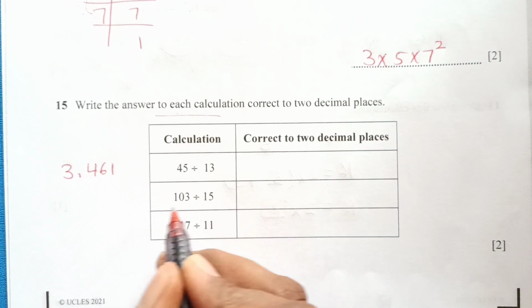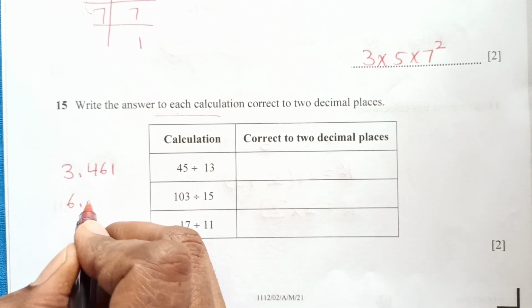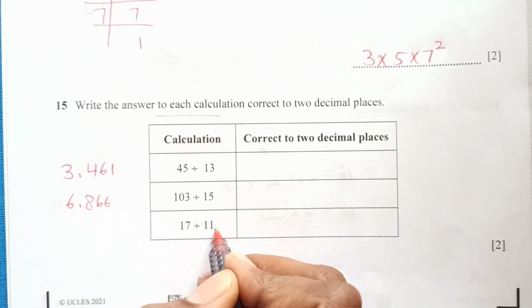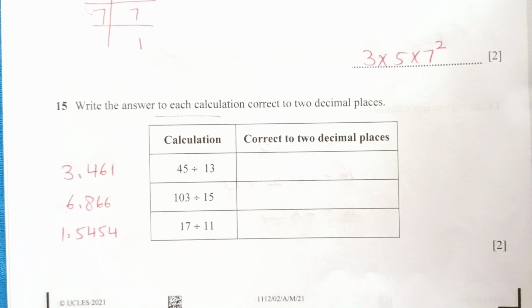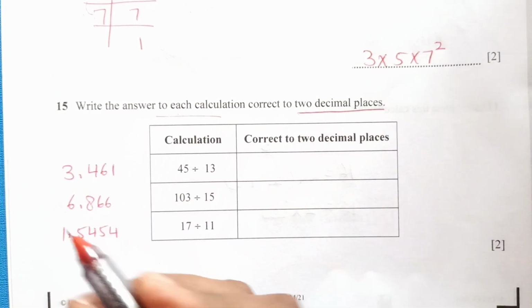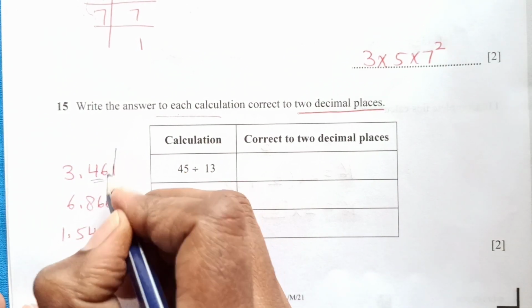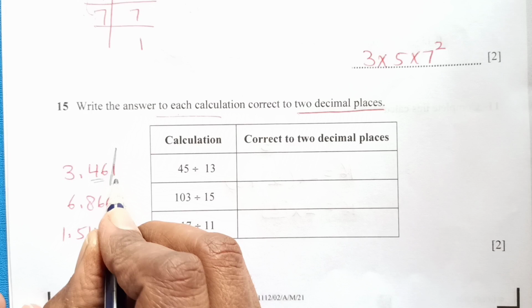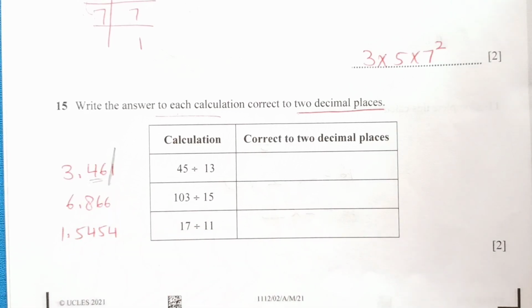3.461. Similarly, when you divide this, I'm just writing it directly here, 6.866, and when you divide this, it is 1.5454. Now the question is, write the answer to 2 decimal places. So we are looking for the 2 decimal places. So here is 2 decimal place. So the number after this is 1, which is less than 5, so this will remain as it is. So our answer will be